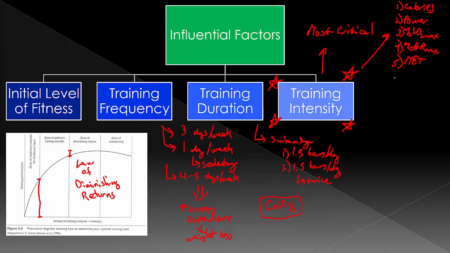Now, the thing that we're looking at when we do understand training intensity is that it doesn't necessarily always have to be super intense. You can do what's called conversational exercise, in which you can exercise at such an intensity level where you can still hold a conversation. And this gets you to that sort of minimum training intensity needed to get adaptation without going too hard. And if you go too hard, the implication is you're just not going to be able to train long enough to get those adaptations to occur, because you are starting to tap into your anaerobic metabolic